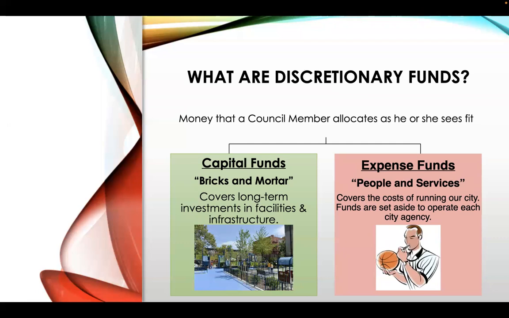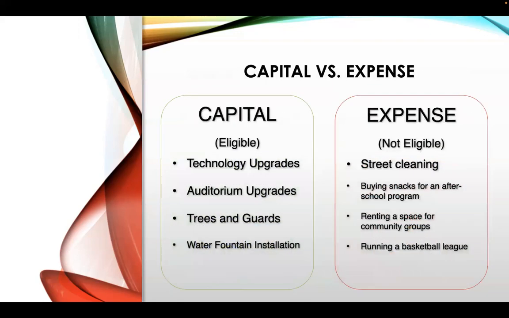So these cover the costs of running our city. They are set aside to operate each of the city agencies. So the Parks Department, we provide expense funding for. The Sanitation Department to pick up our trash, we provide expense funding for. So that's the breakdown, and it gives you a sense of the distinguishing characteristics between the two